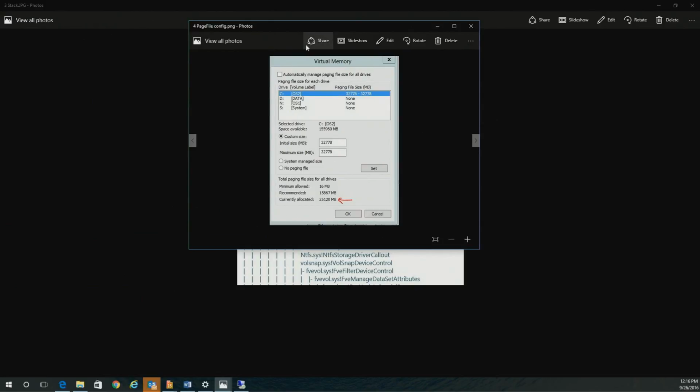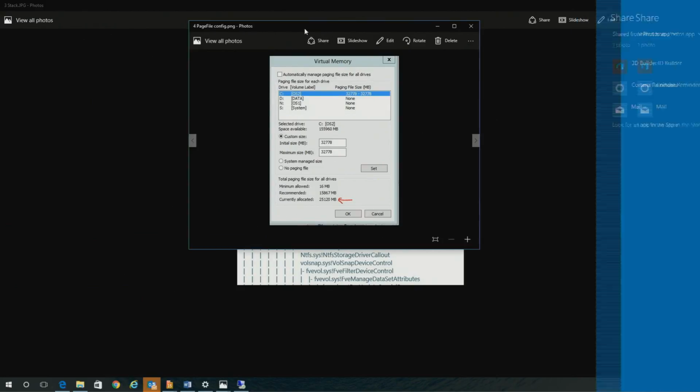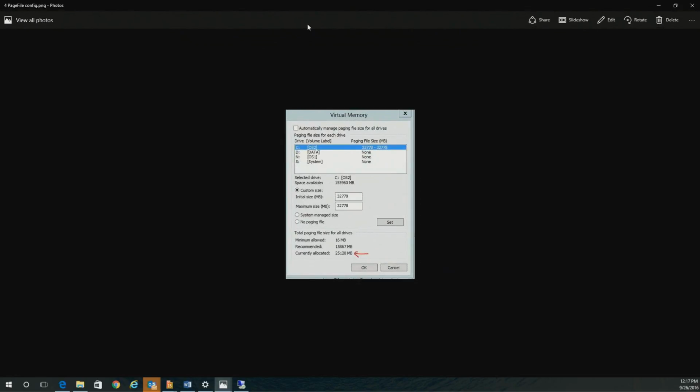Here's a screenshot. I'm sure you've seen this dialog before. It says that we have a custom size for the page file. The minimum is set to the maximum, and in Windows speak, that really means your page file should be constant. But if I look at the current size of the page file, it's significantly below the size that we set it to. That's really interesting. That shouldn't happen. If we've set a fixed page file, it shouldn't be growing, and it certainly shouldn't be smaller than what we set.